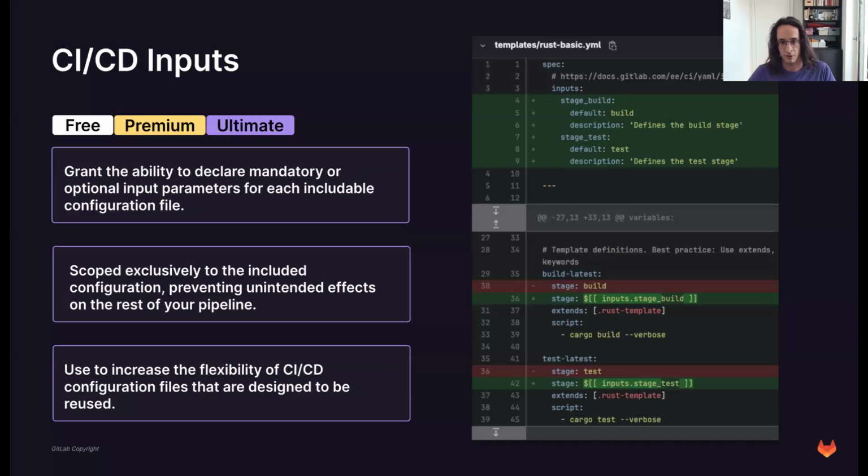It's easily discoverable by everybody in your organization, and that's a nice thing on its own. But the real power, and the real fix to templates, is CI/CD inputs.